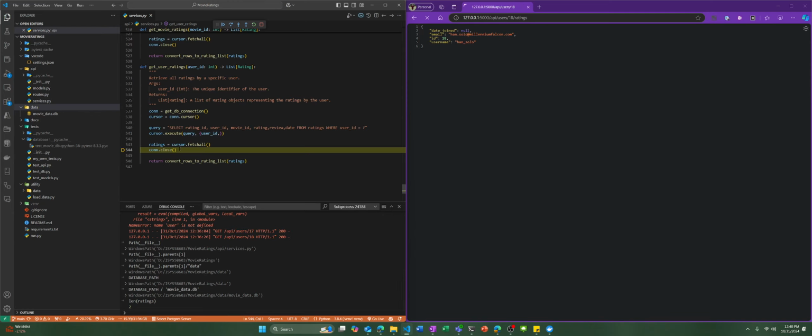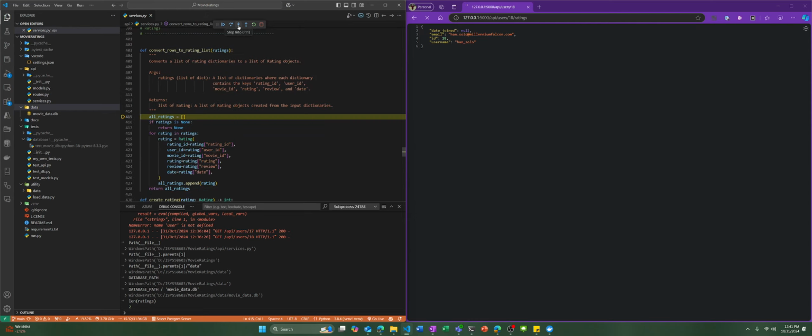We're going to F10, close the connection, and then we're going to call a function and return the value of that function. So if we want, again, one more time, we can either just step over it and assume that function works, or if we need to make sure that the function works, we can step into it using F11, or this downward arrow with a dot on the end of it. And once we step in here, we can see